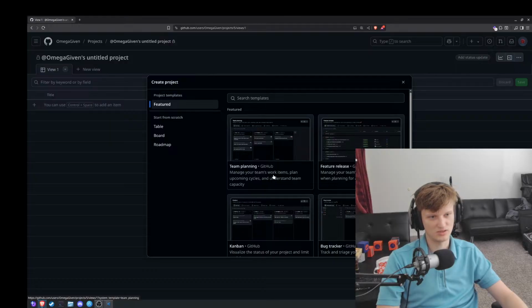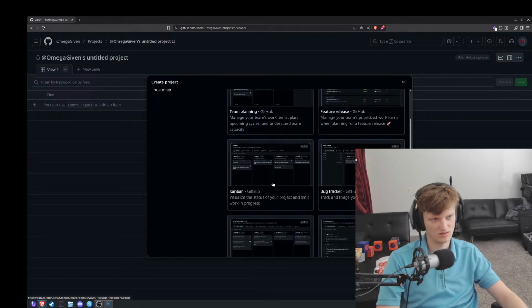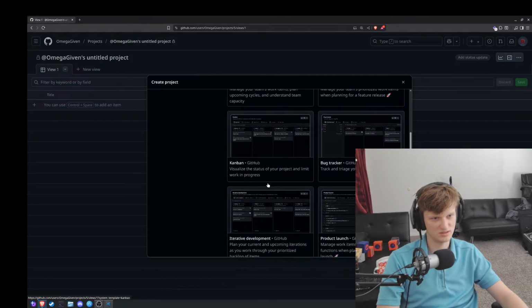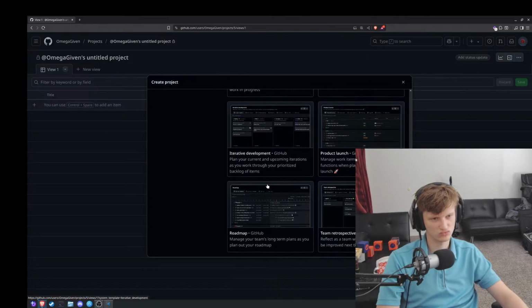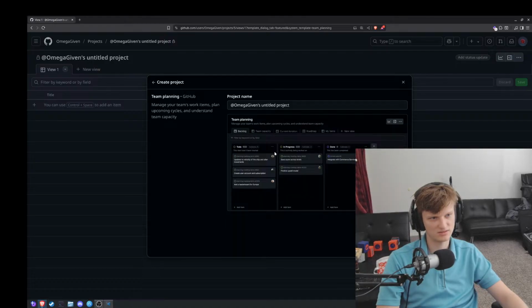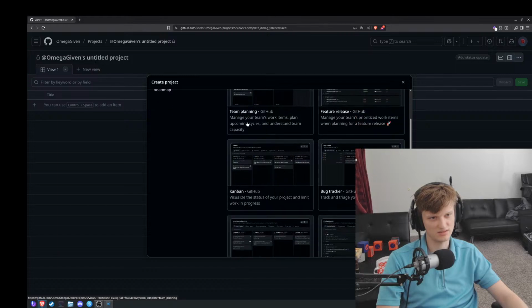Let's do a team planning one. Feature release, bug tracker, visualize the status of your project, Kanban. So that's what the Kanban looks like. This looks like the same thing. I don't know what's the difference between a Kanban and a team planning.